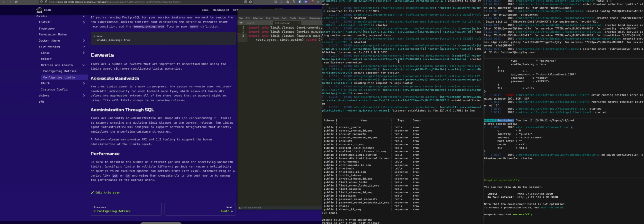It keeps a local cache to minimize the number of account lookups, the number of metrics repository hits for each account, and all that sort of stuff. It iterates over them. If it doesn't have those pieces of information, it goes ahead and loads the cache. So the rest of the code can just assume that the cache has already been loaded. And then basically it gets the limit class, loads whatever limit class was specified in the bandwidth limit journal, and then looks to see if it's still over the